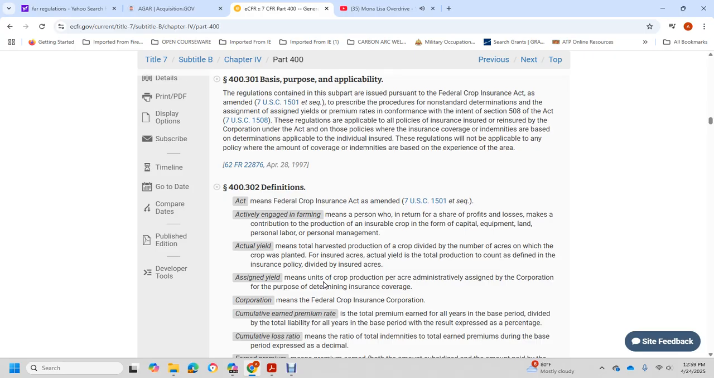Actual yield means the total harvested production of the crop divided by the number of acres of the crop planted for the insured crop for the actual year. The total production count is defined under the insurance policy, divided by the insurance with the accuracy, assigned yield with each of the crop production and the price per acre